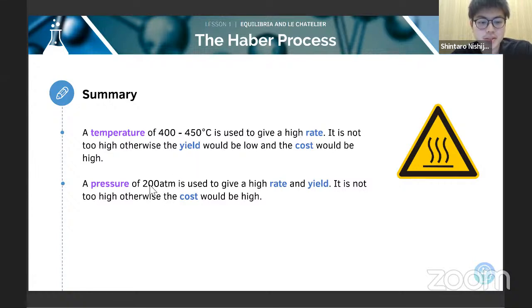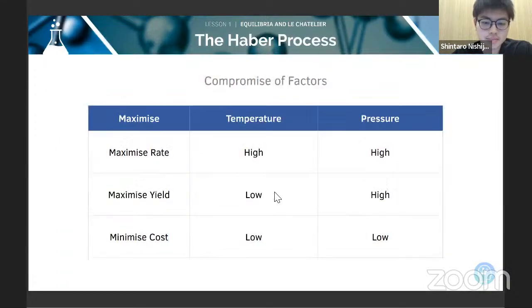And pressure is high, but it's lowered from the ideal pressure, just because high pressure is incredibly cost inefficient. So this is kind of like a table. You're always going to get asked about temperature and pressure. If you want to maximize rate, you would just want to go all out with temperature and pressure, right? High temperature, high pressure, that's always going to get you the maximum rate,